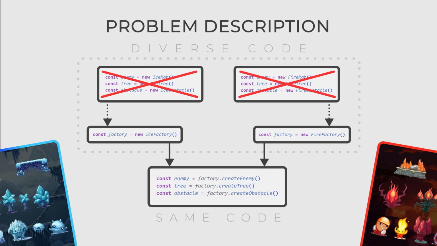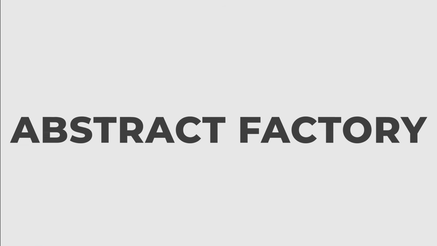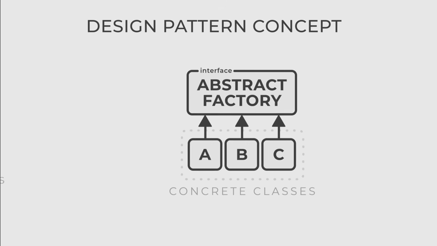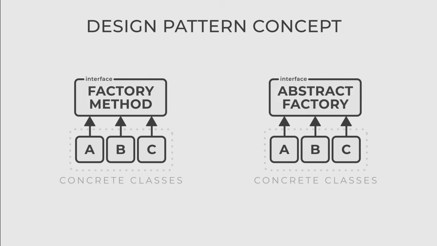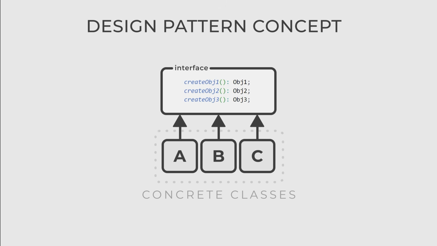In this game, we can use the abstract factory design pattern for creating objects and entities specific to each world. The abstract factory is a creational design pattern that provides an interface for creating families of related or dependent objects without specifying their concrete classes. It extends the concept of the factory method pattern by introducing multiple factory methods organized into a single abstract factory class. This pattern is especially useful when a system needs to be independent of how its objects are created, composed,